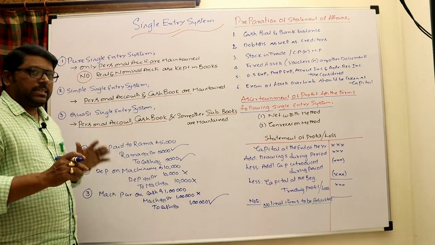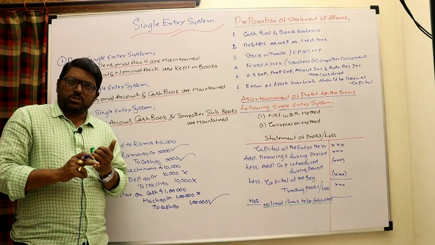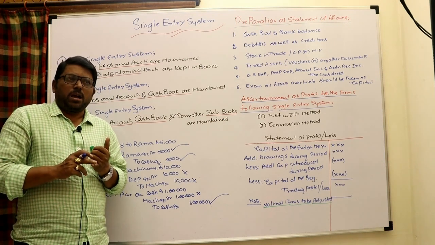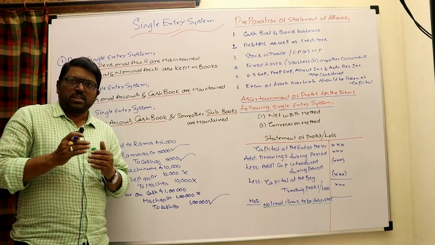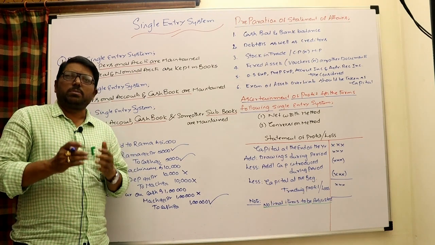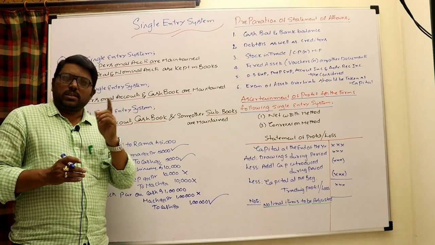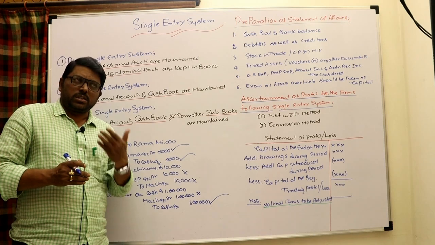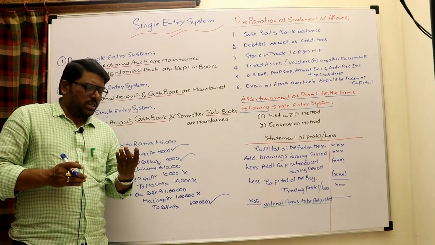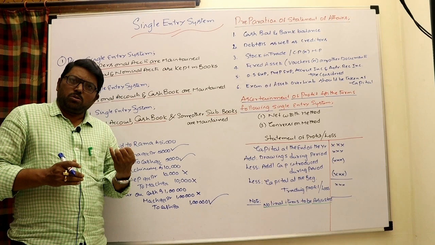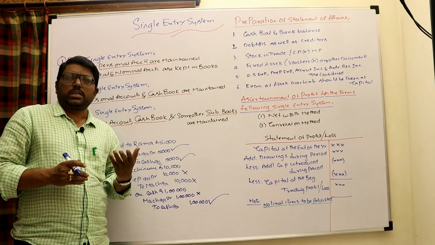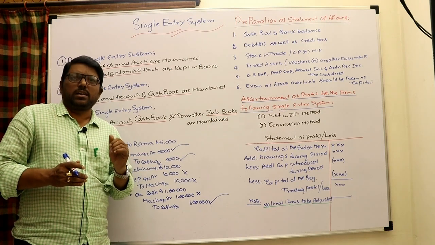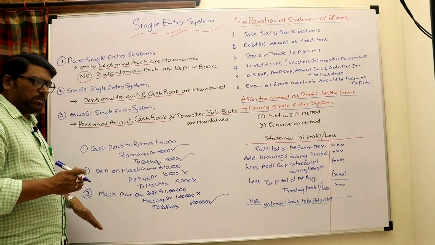Therefore I can say how I initially explained the single entry system: single entry is an incomplete record. Don't think that if one aspect is recorded, that is a single entry. Single entry is simply defined as that which is not a double entry. Or if you want to make it clearer, single entry is a mixture of single entry, double entry and no entry. Sometimes I can write both aspects, sometimes I can ignore both aspects, and sometimes I can consider one aspect and ignore the other.